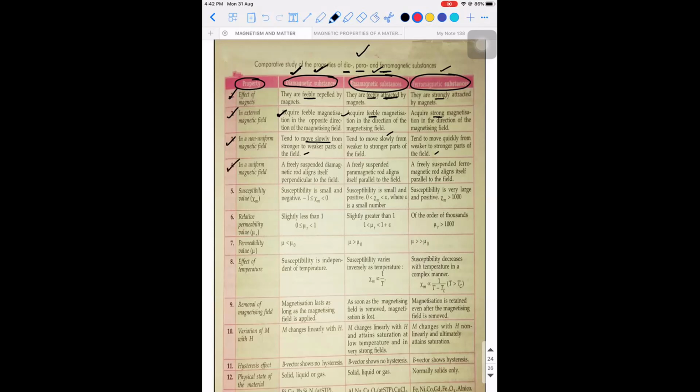So if suppose it was a uniform magnetic field, the freely suspended diamagnetic rod aligns itself perpendicular to the field, that we saw already in glass. Whereas a freely suspended paramagnetic substance aligns itself along the field. Ferromagnetic substance also does the same. Okay. So I hope these 4 points are clear. No doubt, right? No doubt, sir. Okay. I'm going to the next concept, that is susceptibility. Now tell me, susceptibility means the extent to which that material can get magnetized. Is a diamagnetic substance supporting the magnetism?